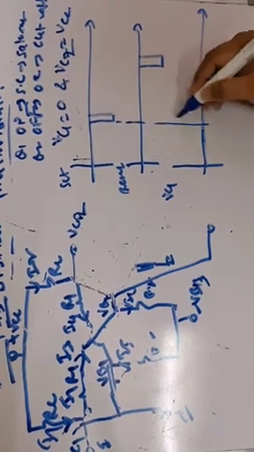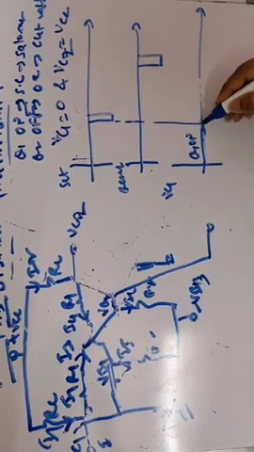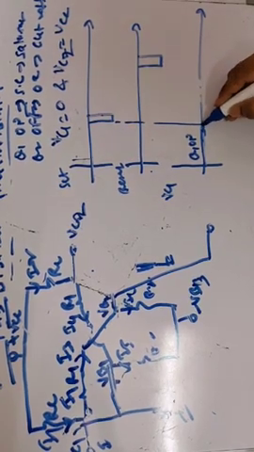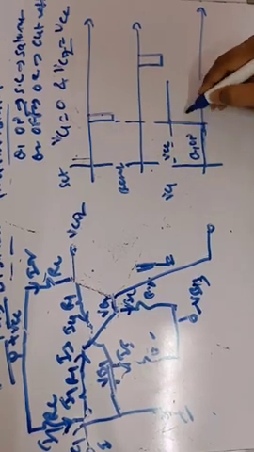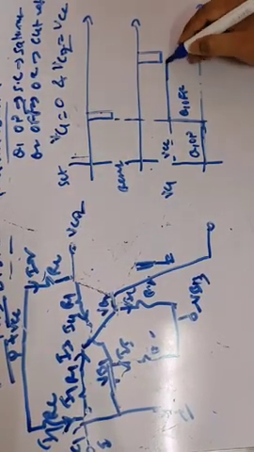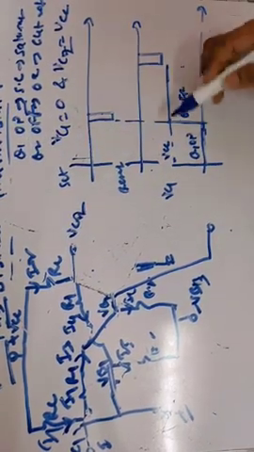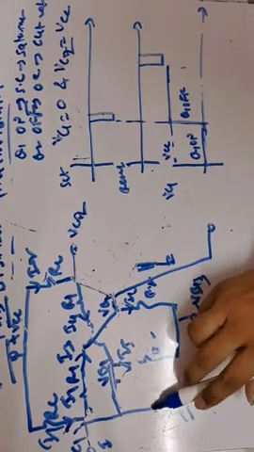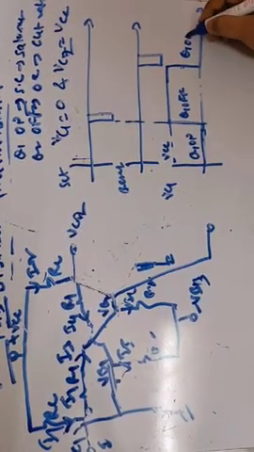At this particular point, Q1 is on, the output is 0, short circuited. When we apply a negative triggering pulse, the output becomes equal to VCC, because Q1 is off here. Next, when we again apply the negative triggering pulse, what happens to Q1? It enters into the saturation region and becomes on, short circuited. If it is short circuited, the output becomes equal to 0. Again Q1 is on here.